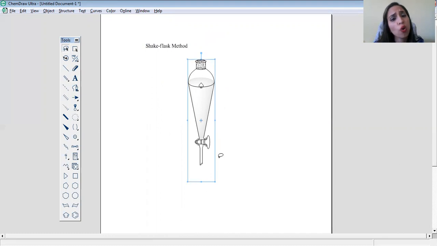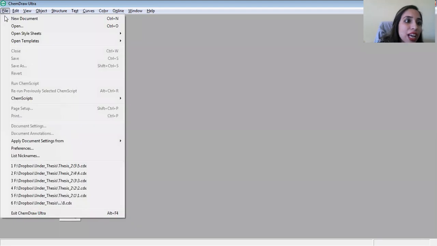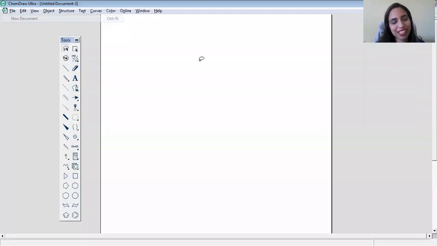Now you can see how this is done, or you can include the same experiment in your research work also, because it is one of the steps in the drug discovery loop. Fine. Now I will tell you how you can calculate the same log P with the help of this software, ChemDraw.